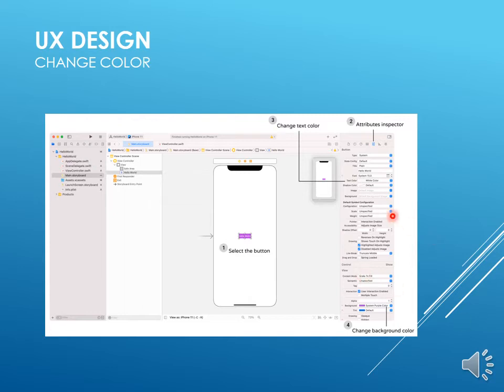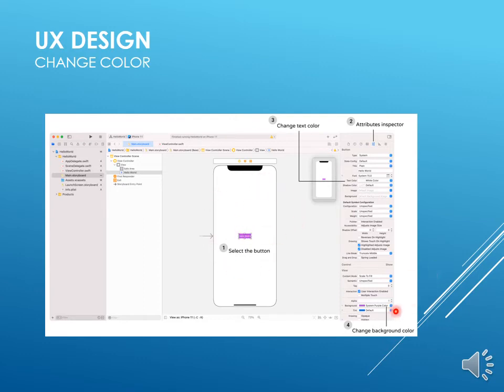So it will show different types of attributes, meaning we can change the name, the text and font size, and the color of your button. We can also change the shape of our button. For example, if I want to keep the button round shape, or just round the edges, or a square button, anything. I can also change the dimensions of the button. I can place this button anywhere in this screen, in upward direction or in downward direction, any direction I want. So in this way we can do all the designing.